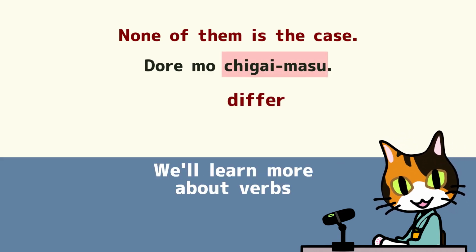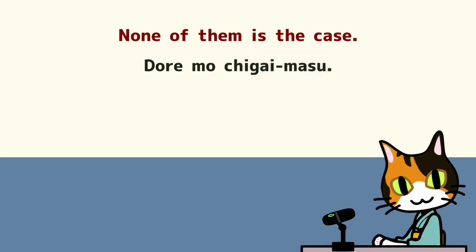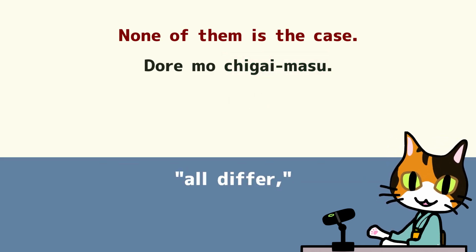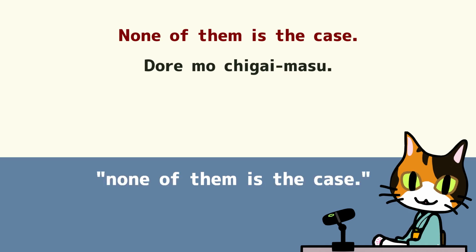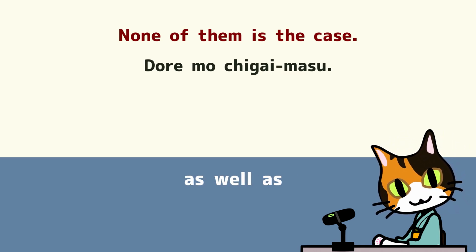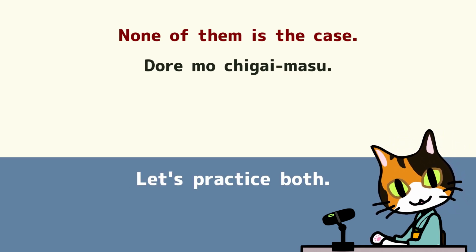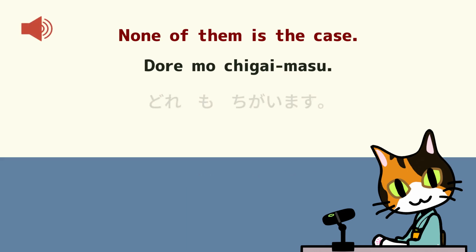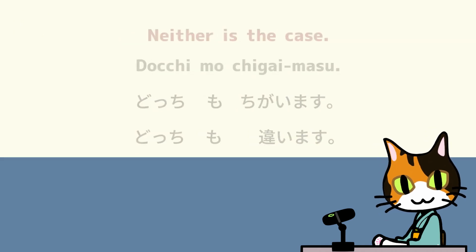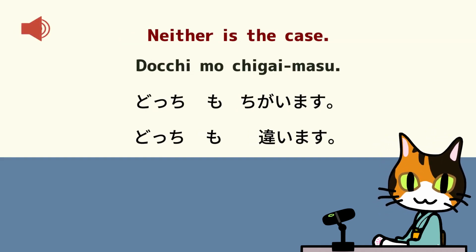We'll learn more about verbs in later lessons. A literal translation of this sentence would be, "all differ," that is, none of them is the case. Of course, this can be used with do-cchi mo, as well as do-re mo. Let's practice both. どれも違います。どっちも違います。